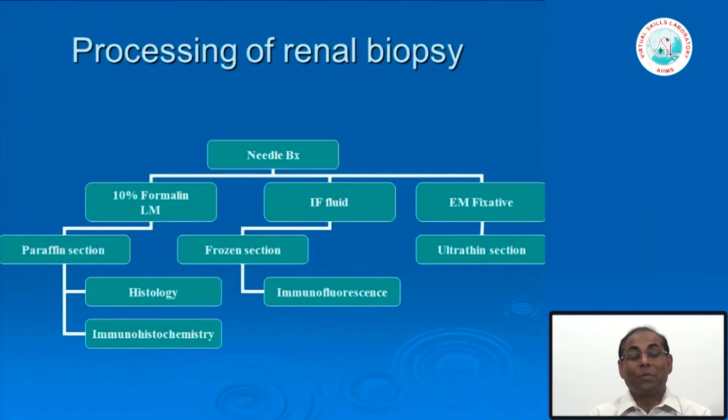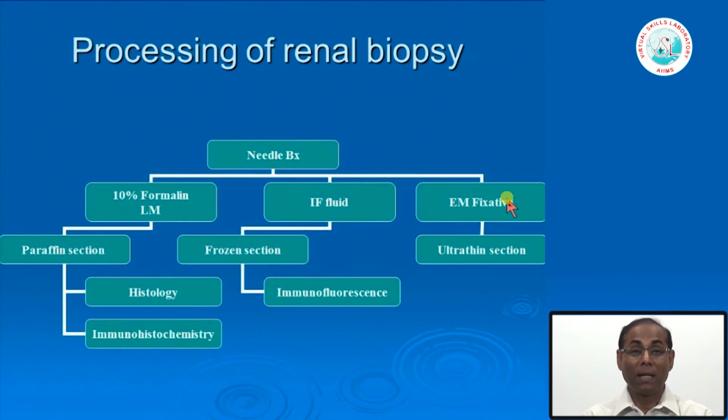Now, to diagnose that, what we routinely do, I am just giving you some idea, because in many of your courses you will be trying to understand how you arrive at a particular diagnosis. I have already described the different steps and requirements. So, we usually get needle biopsies from the kidney. This is nowadays a painless procedure using an ultrasound guided gun, and after that we fix the tissue in 10% formalin for light microscopy examination. We also put a little bit of tissue in the immunofluorescence fluid to do the immunofluorescence test, and then we put some in the electron microscopy fixative.